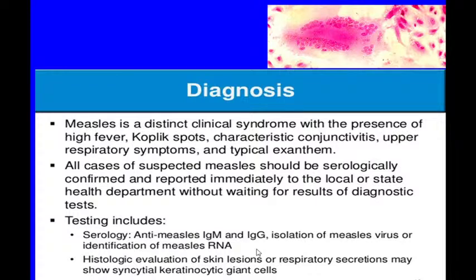So we may not need the clinical confirmation of the disease. Cough, coryza, conjunctivitis, upper respiratory tract symptoms, and typical exanthemas are performed. But by the way, if we have very severe cases with acute encephalitis or post subacute sclerosing panencephalitis, then the disease can be confirmed serologically,